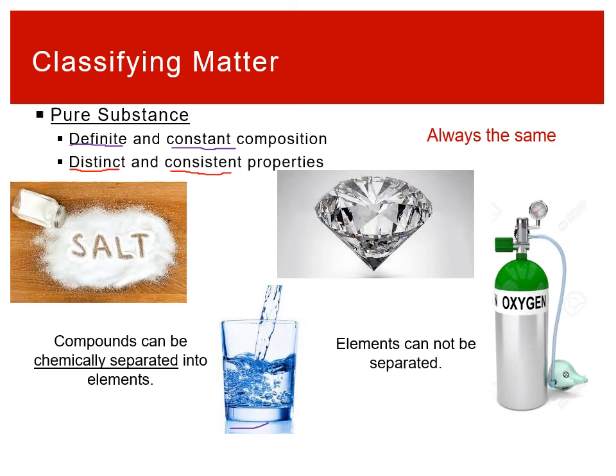So the difference between elements and compounds is that elements cannot be separated, right? Elements are the fundamental block that they are. They're the fundamental type of matter. They can't be simplified. They can't be separated into some more simple component. For example, oxygen is an element, and carbon, which makes a diamond, is an element. Water and salt are compounds because they can be chemically separated into their elements.